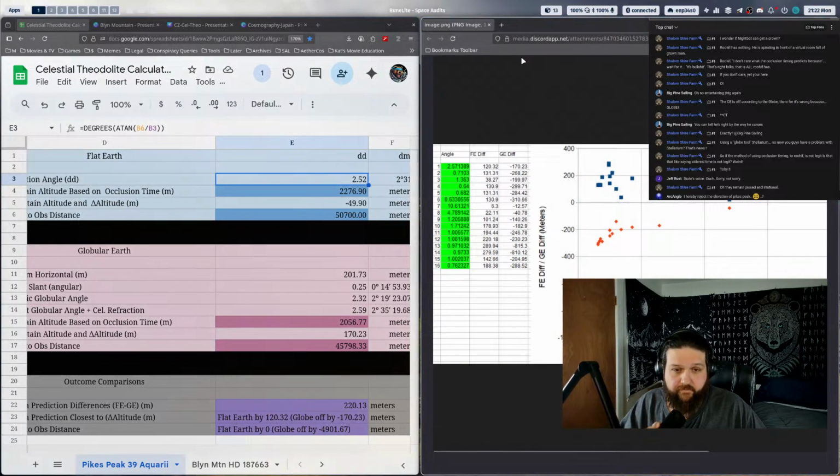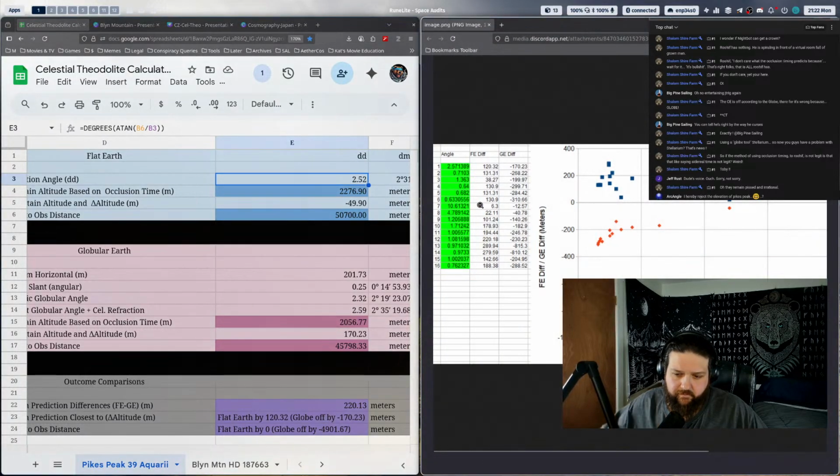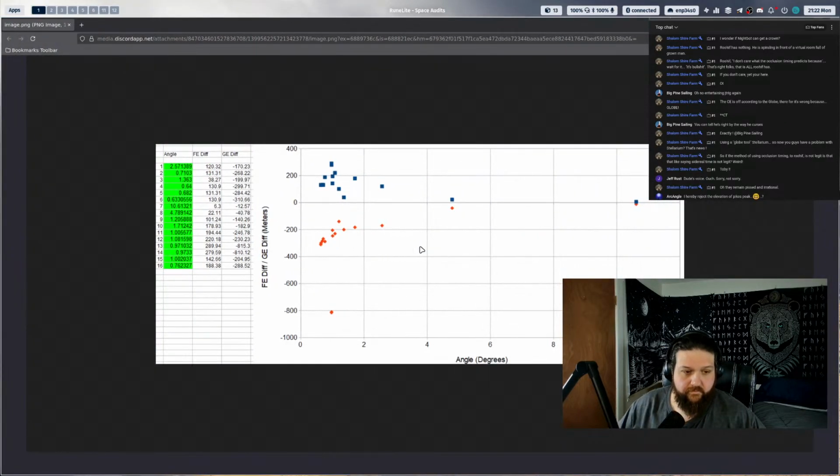That's the x-axis, and then I'm taking from your purple field in E23 the two values, the positive one and the negative one, because they're positive and negative respectively for each tab. So I've taken all 16 tabs there, and there it is. It's an interesting scatter graph, wouldn't you say?